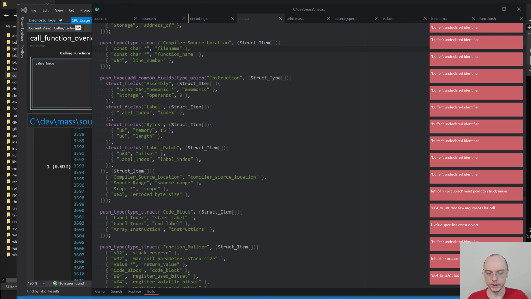And once we are done with all of that, hopefully we will be able to just get rid of this instruction variant at all, which will collapse the size of the whole struct because of the whole union, because this is the largest variant that we have. And then I have some plans how to get rid of a lot of this stuff. The encoded byte size will go away by itself if we get rid of the assembly one, because it will then be encoded in this length,